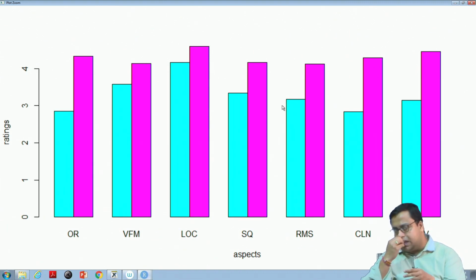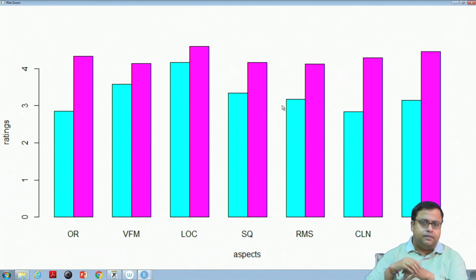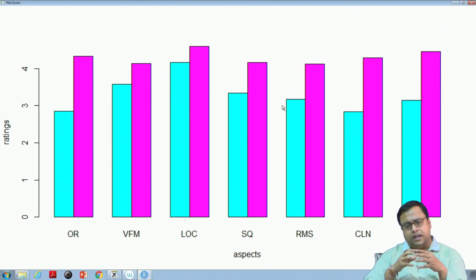The first one, hotel 1, is not doing as good as hotel 2, obviously. The overall rating is a little bit lower based on the data set that we have. And I can also say by seeing this that VFM is more or less the same, location is also more or less the same. One of the major things which is not the same is cleanliness. So, cleanliness is much lower for the blue one, and probably the SRV, the service, is also much lower. So, I would strongly say that the last 4 aspects, SQ, RMS, cleanliness and service, are the 4 contributors.